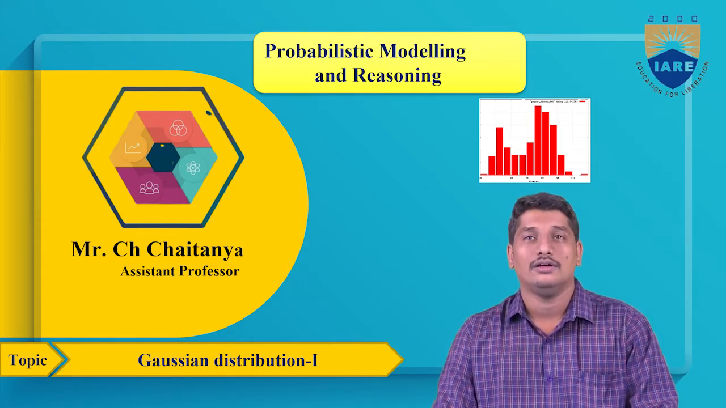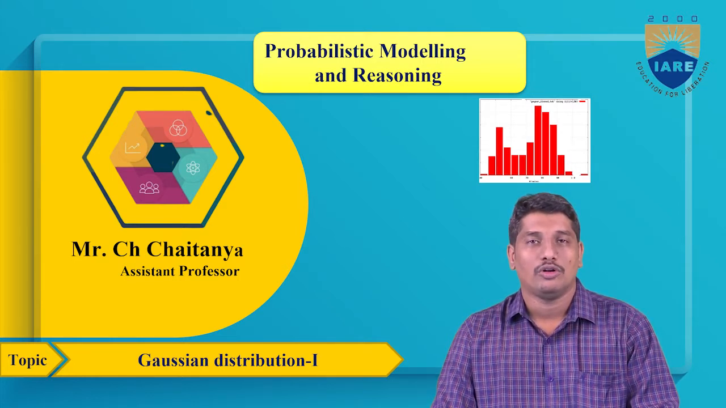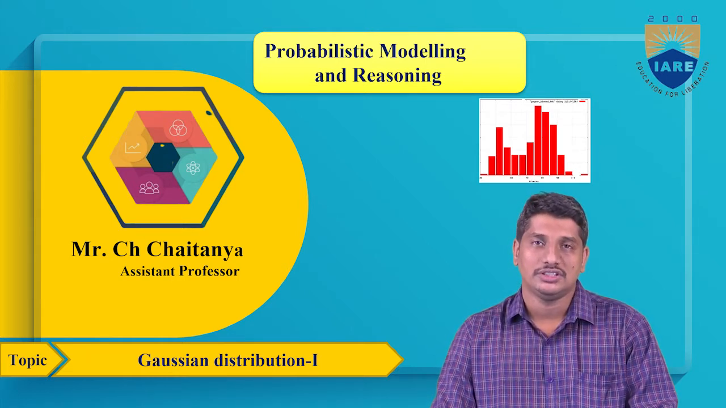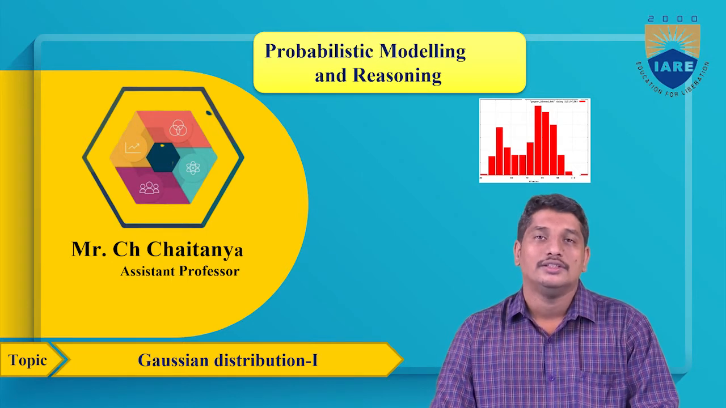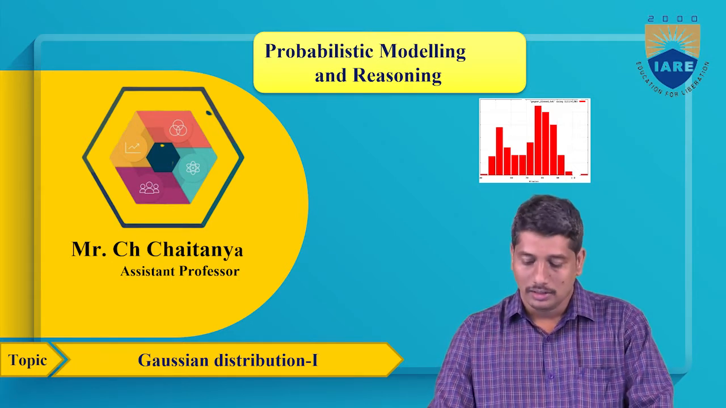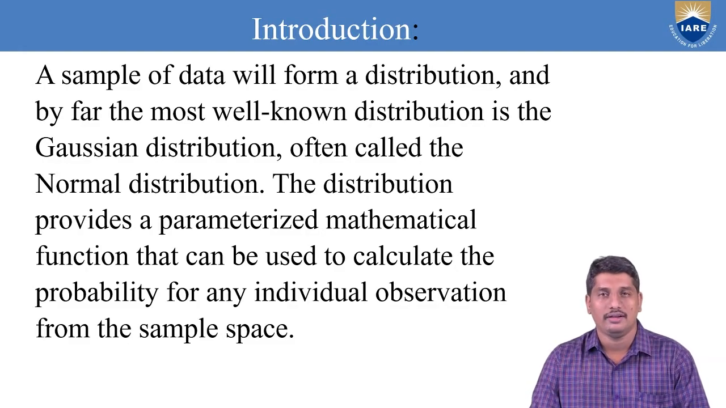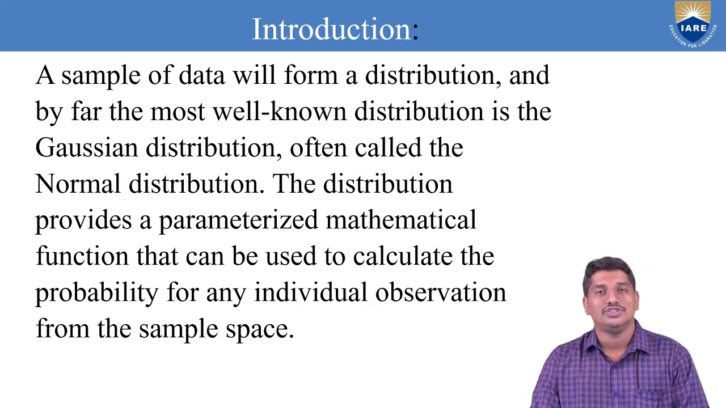We are under the course curriculum Probabilistic Modeling and Reasoning, discussing the second module, and today's lecture is on Gaussian distribution part 1, which is nothing but properties, definition, and some theorems related to Gaussian distribution. As I explained in the last class, Gaussian distribution plays a vital role in machine learning